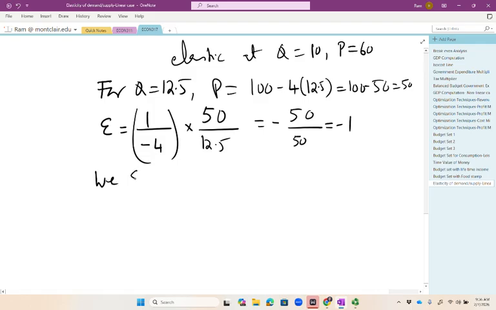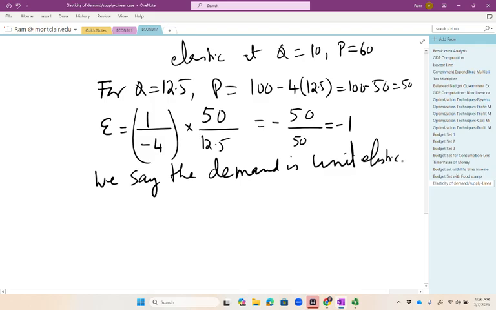We say the demand is unit elastic at the price quantity combination